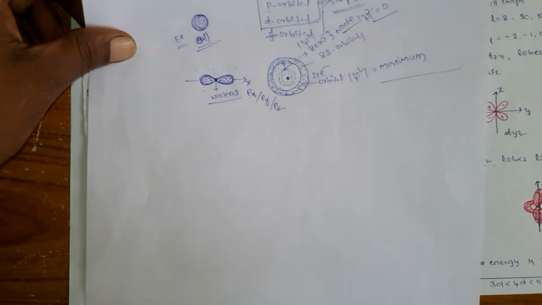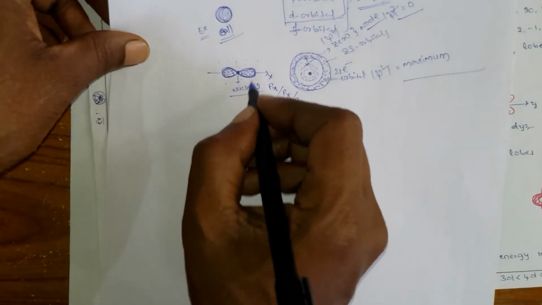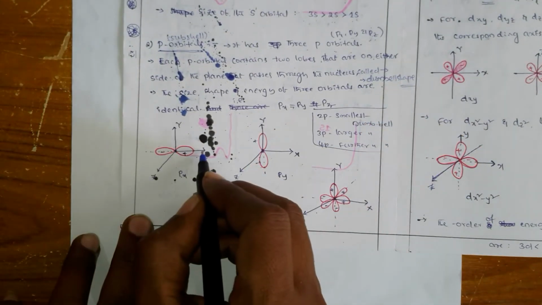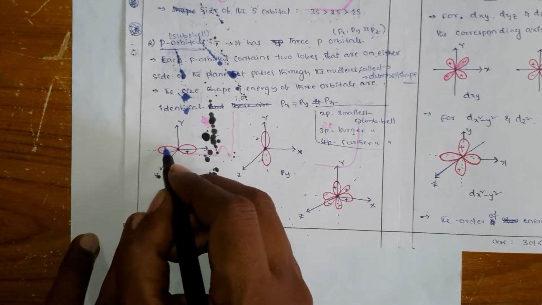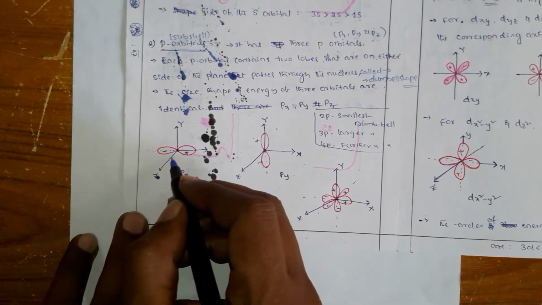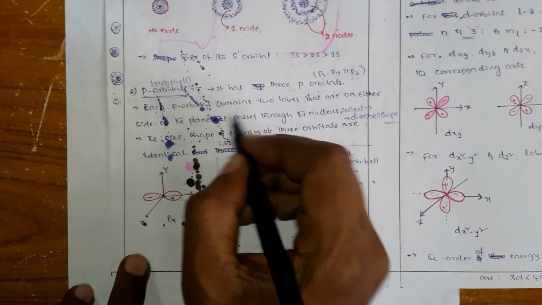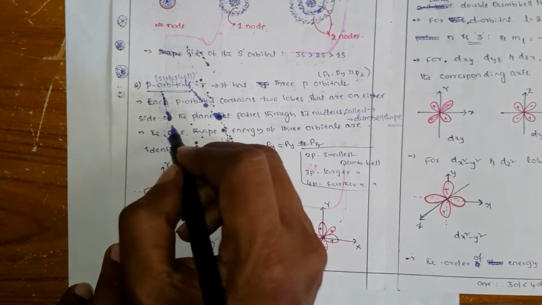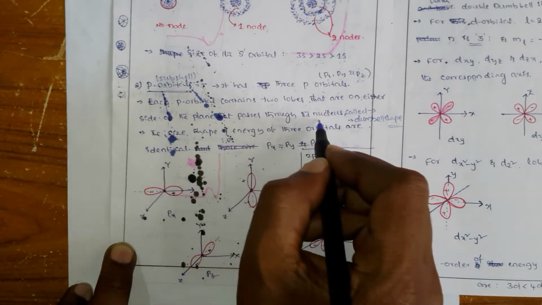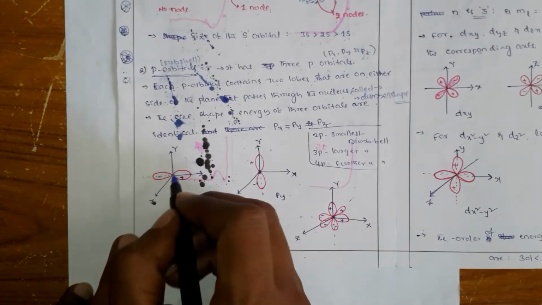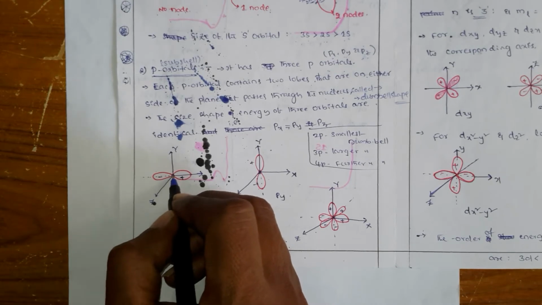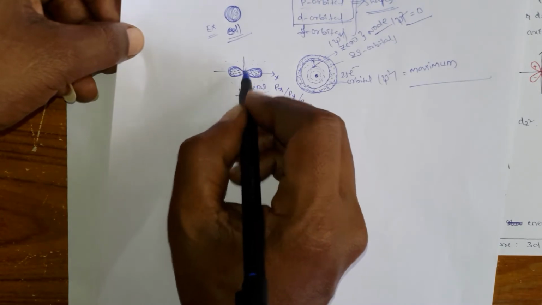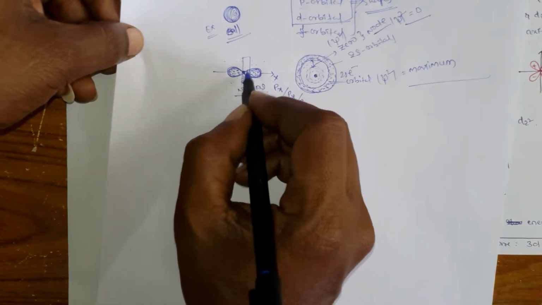Okay, right? This is the x-axis. Now you can see like that. Here it is the x-axis, so this we call a lobe. Okay, so each p orbital contains two lobes that are on either side of the plane that passes through the nucleus. So where is the nucleus? Here is the nucleus, and the plane which passes, what is the plane? Here you assume here it is a plane, here it is a plane.